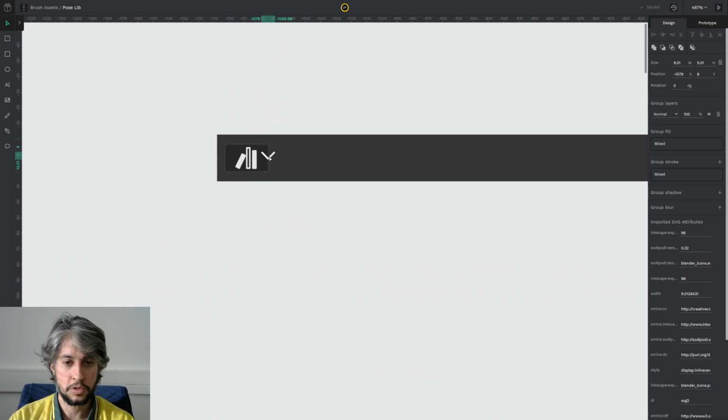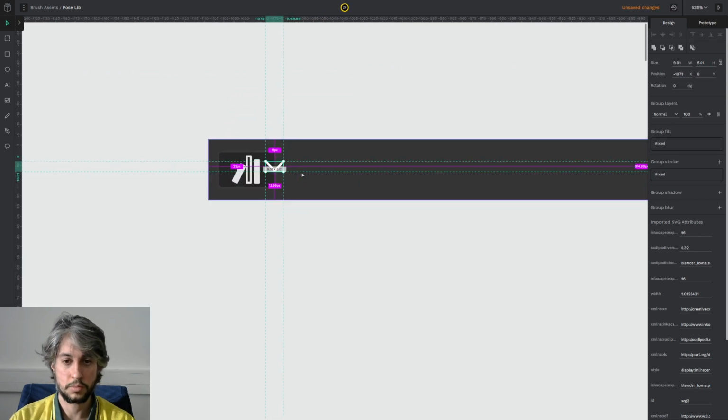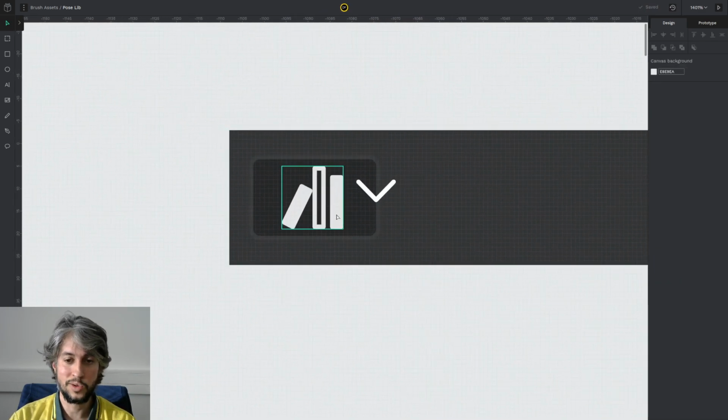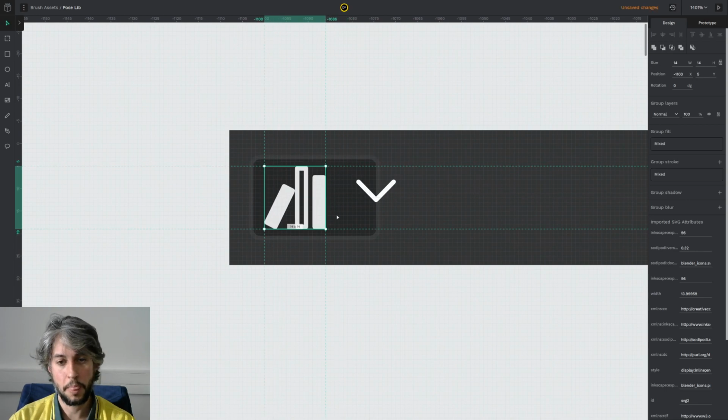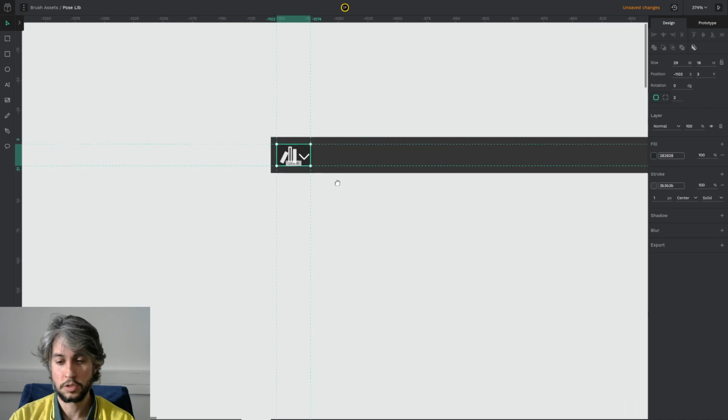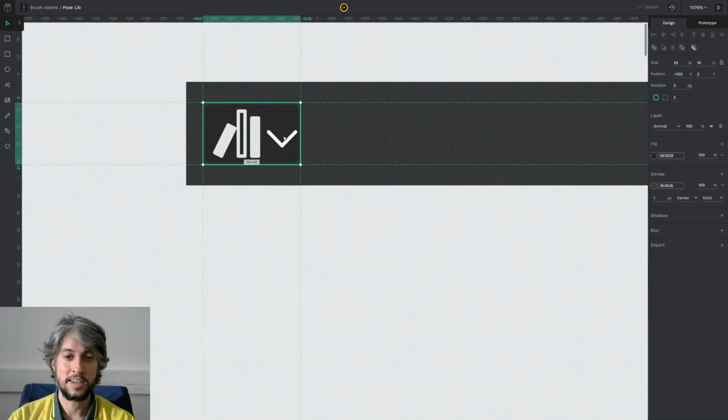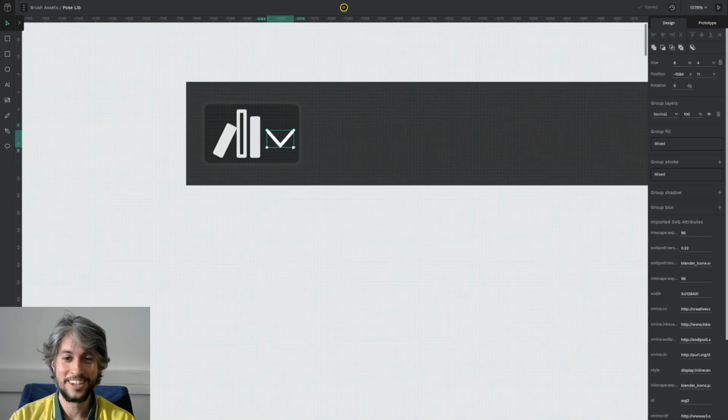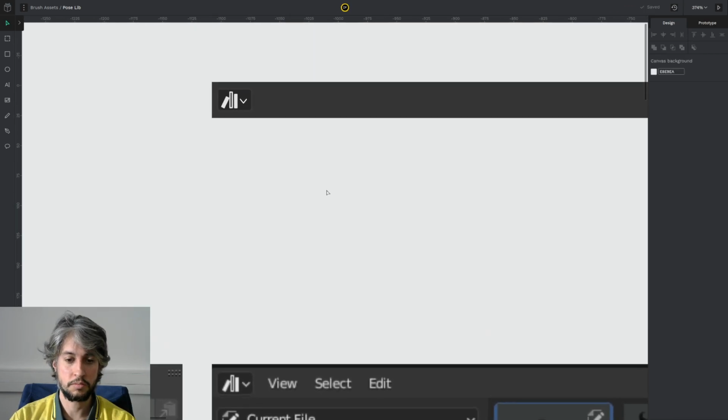I should probably just do this on top of the other one. But I mean, I don't want to do a pixel perfect mockup. I want to do an eye candy mockup. Something that looks good, even if it's